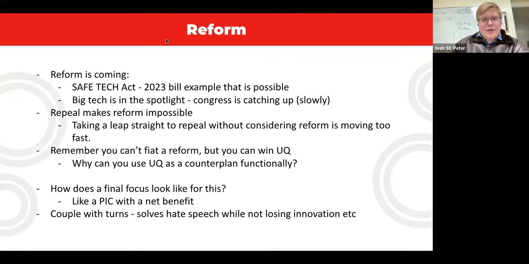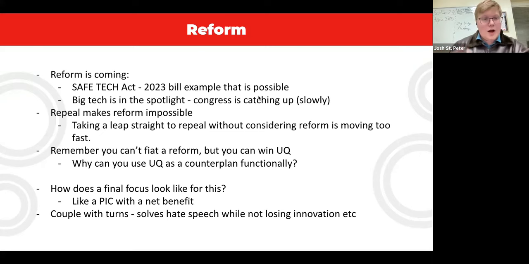Perfect. And the next argument we're going to talk about is reform. This is one that is also going to be really strategic because it functions like a PIC does in policy or LD, if anybody's familiar with that. A PIC is short for plan inclusive counterplan, aka it's going to be the plan minus a few parts, and that minus a few parts is going to be the net benefit. That's what you gain access to there. So you're going to be trying to take all the opponent's arguments, use that as your own offense with a slight net benefit in some way.